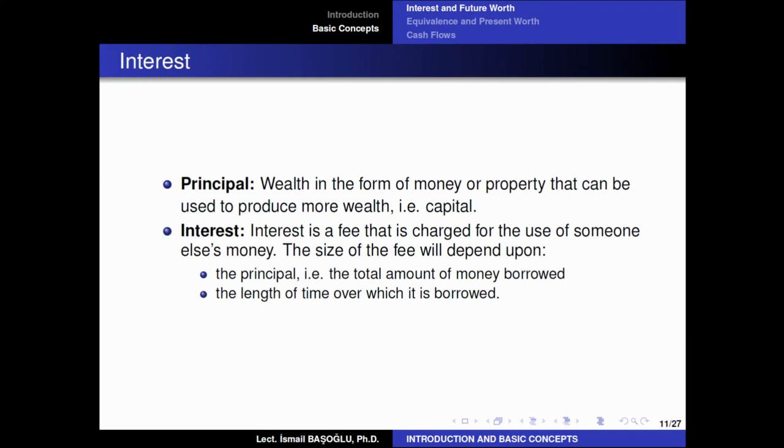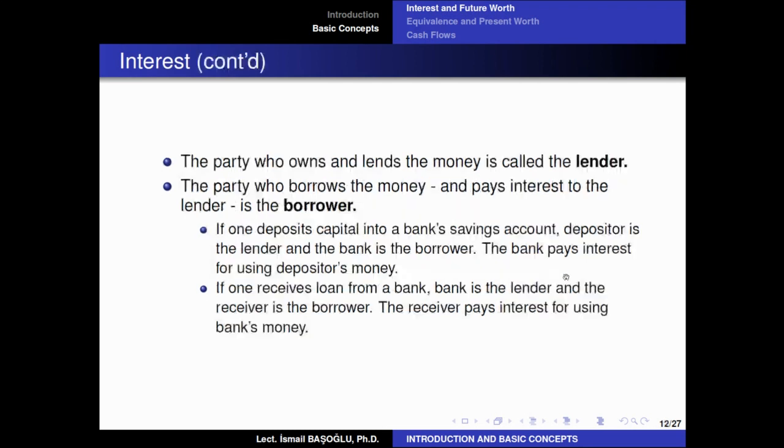If I borrow $1,000 for 3 months, and you ask me to pay 100 Turkish liras for those 3 months, then I will ask you, what if I keep that money for 1 year? Then you are going to ask for more interest, right? Maybe $400, maybe more than $400, because the longer I keep your money away from you, the larger rental amount I need to pay. So we understand the concept of interest here.